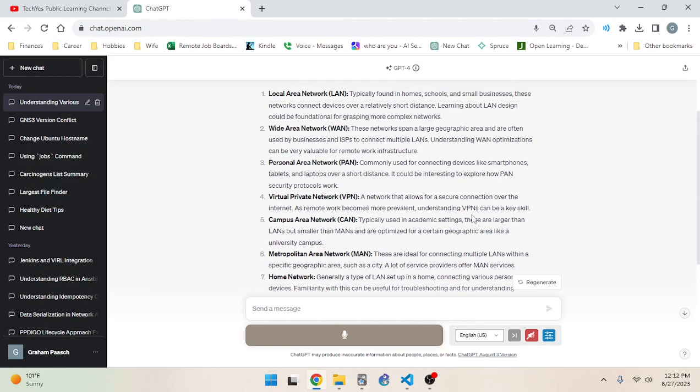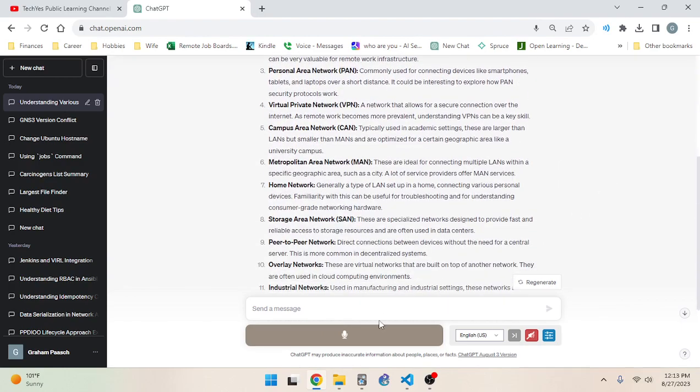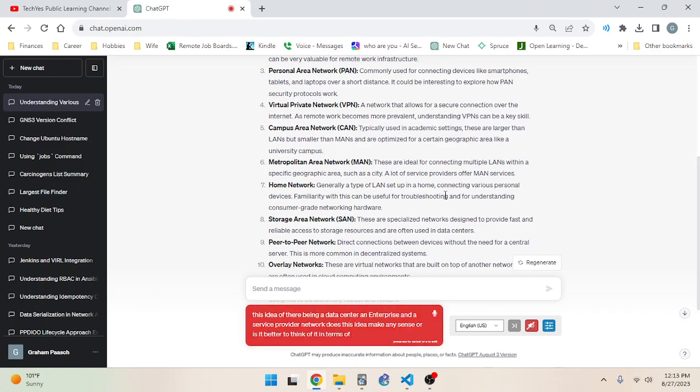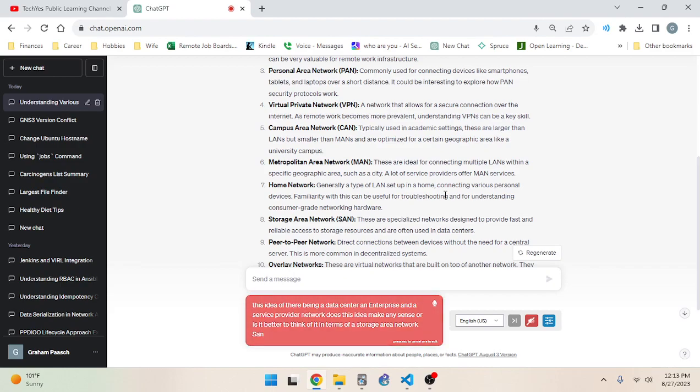Okay, so let me ask you one more thing. This idea of there being a data center, an enterprise, and a service provider network, does this idea make any sense, or is it better to think of it in terms of a storage area network, SAN, a campus area network, CAN, and a WAN?